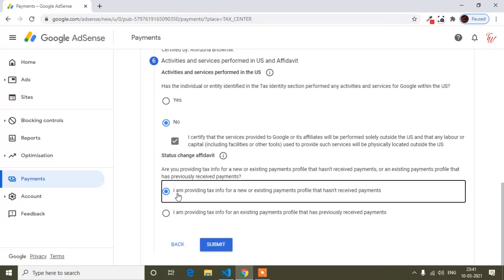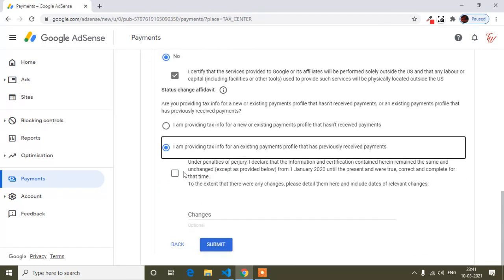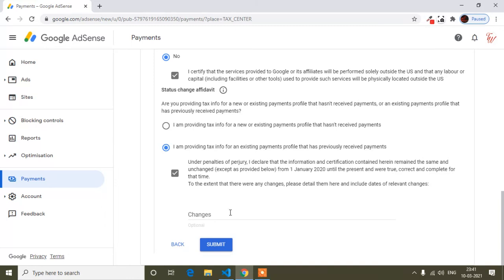And if your AdSense is existing, meaning you already received payment, okay, if you have an old AdSense account but didn't receive payment, you choose the first option. But if you already received payment, you have to choose this option. Okay, and now check this option, and now the submit button.